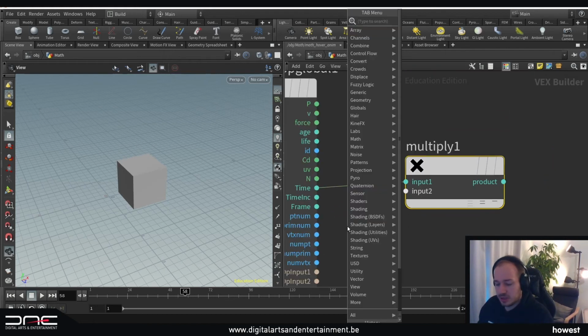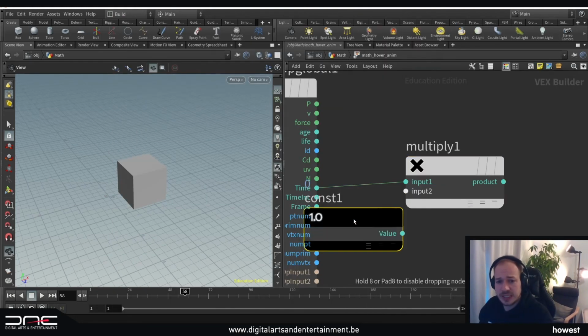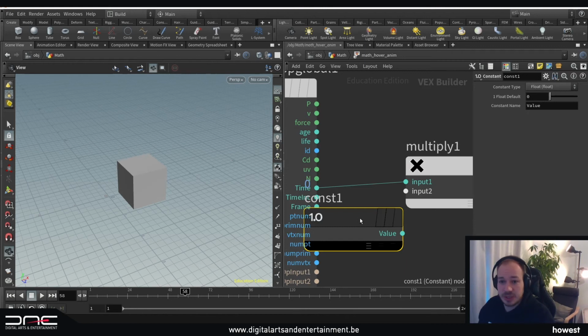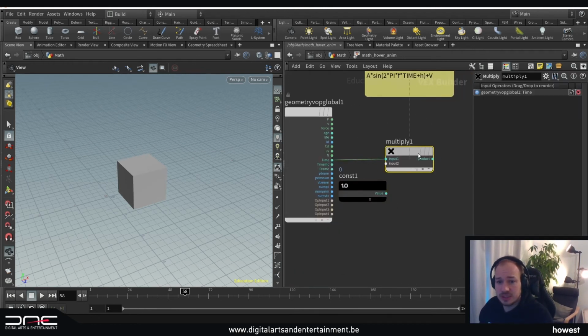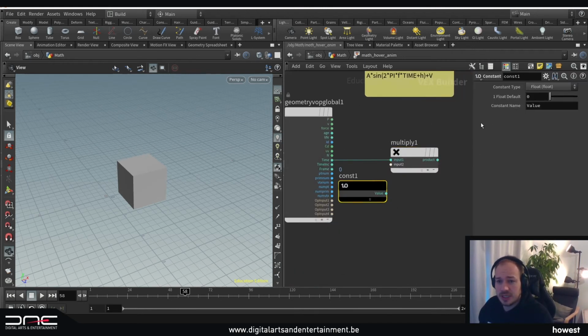So what we can do is make a constant, and we can press P again to open it so we can see what we're doing. This one here by default is 0. But what we said, we want 2 and pi. We could make 2 constants, or we can make our life a little bit easier. We can just write here 2 times